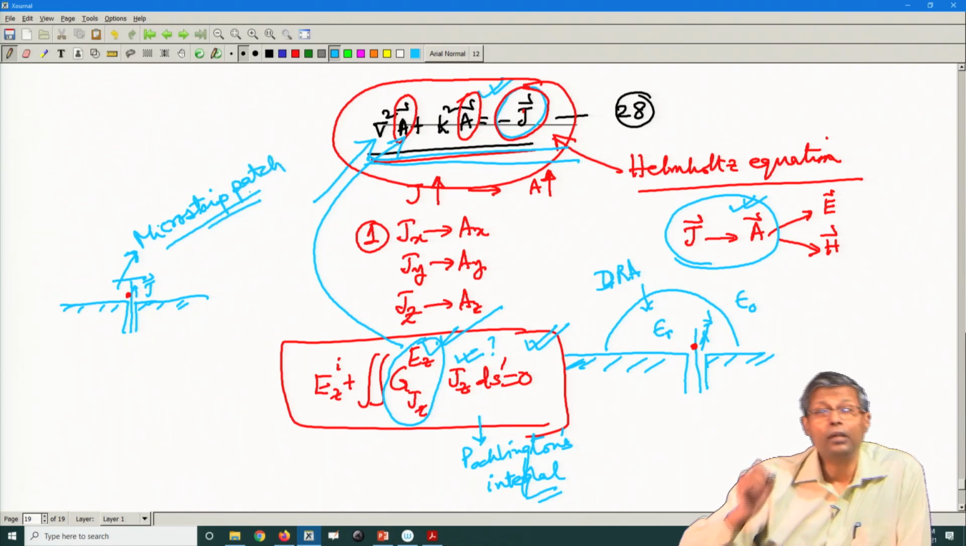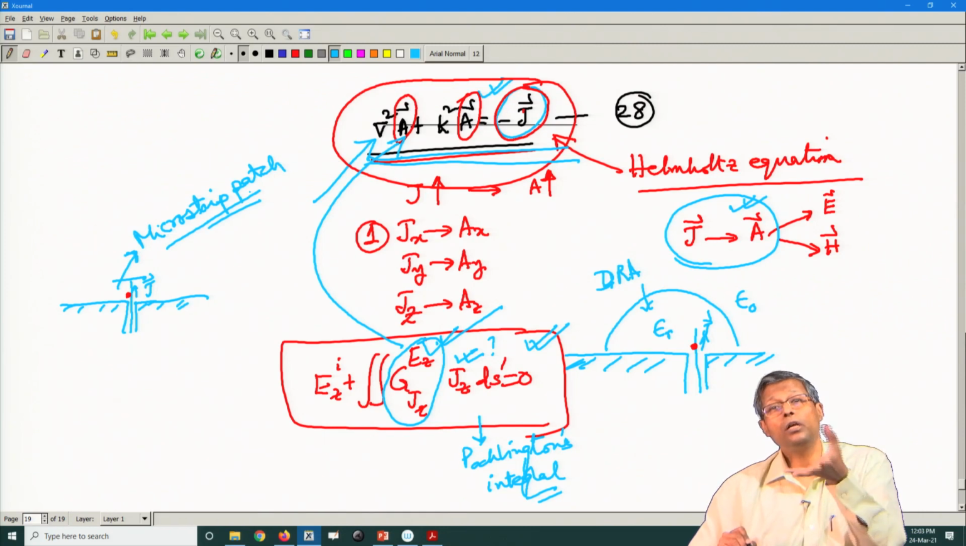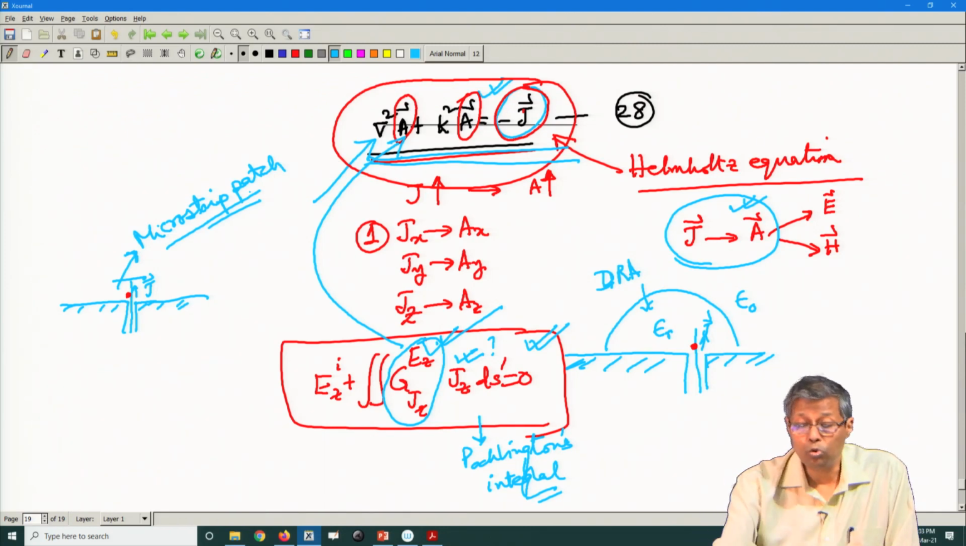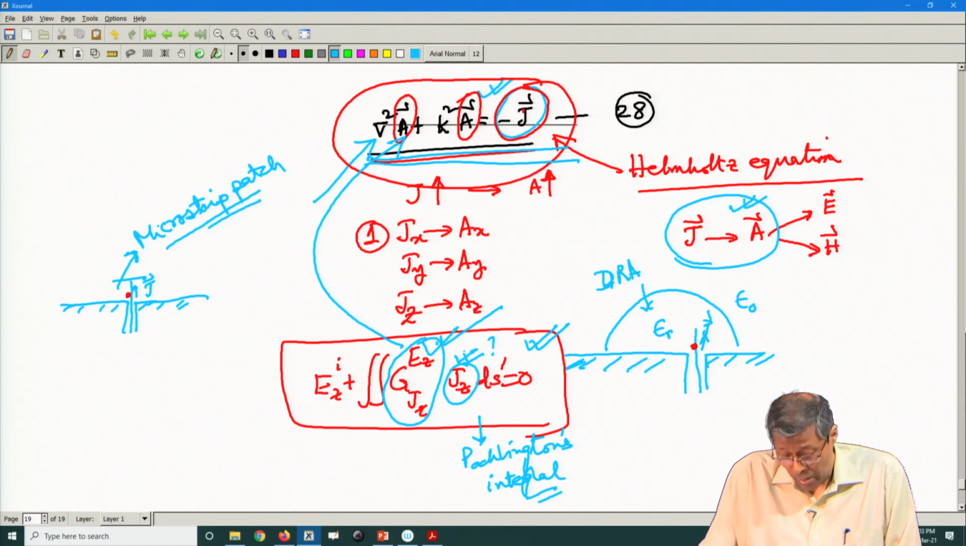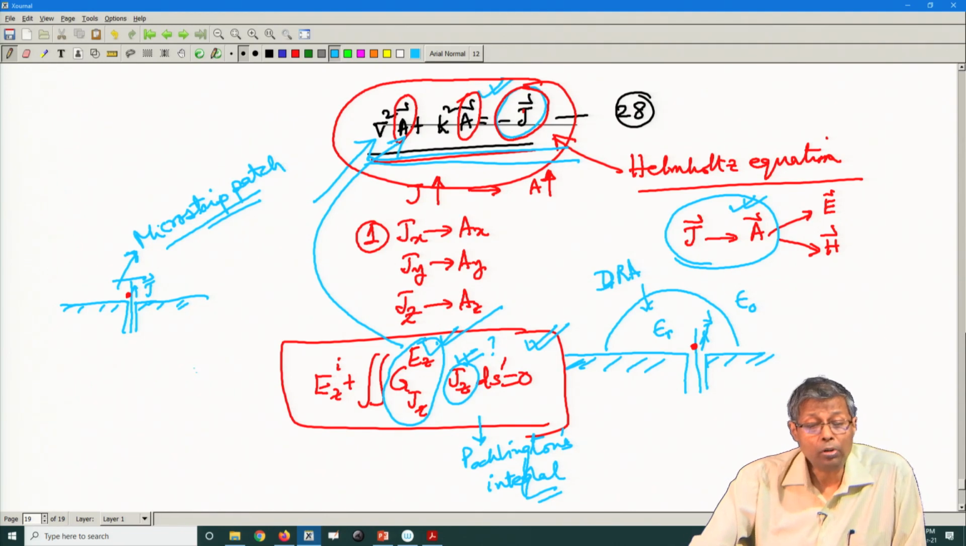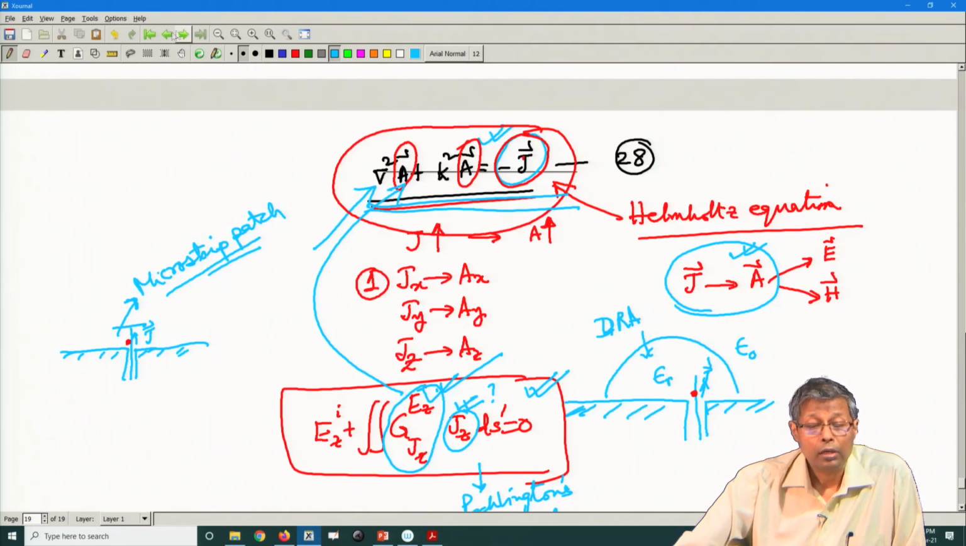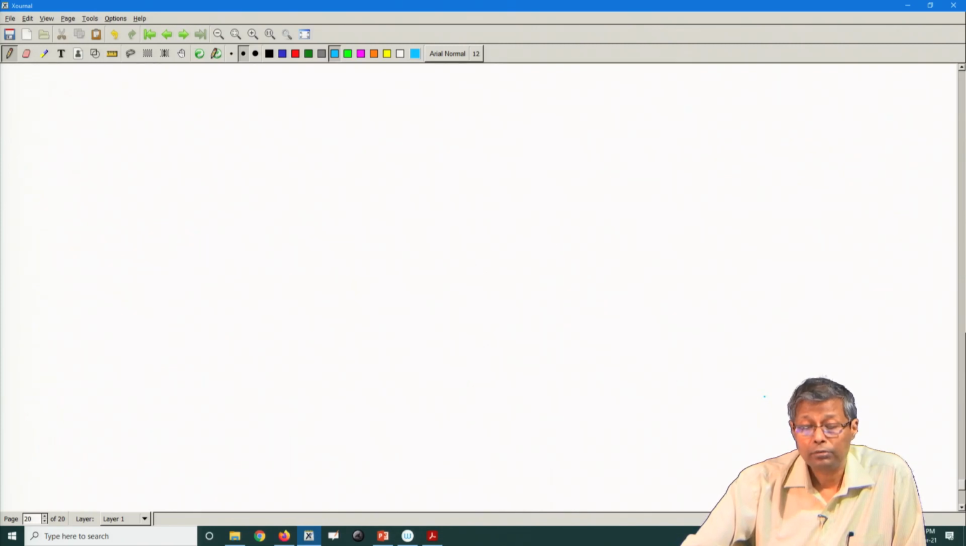We stop at the Green's function, because once the Green's function is found out, the true current here can be easily found out. Therefore, the Helmholtz solution, as I said, the solution of the Helmholtz equation, is of ultimate significance in electromagnetics. The other important significance of the Helmholtz equation comes from the fact